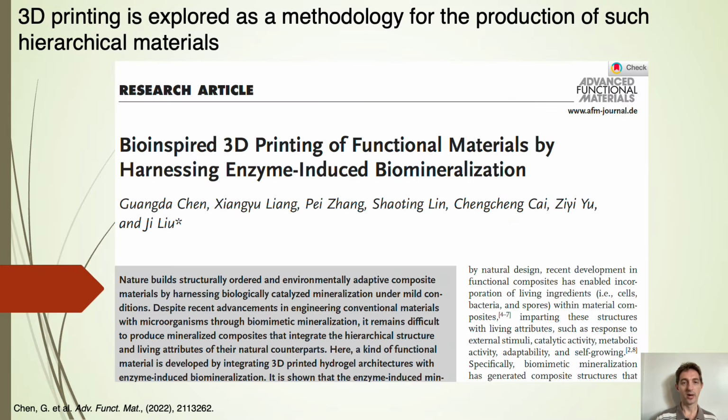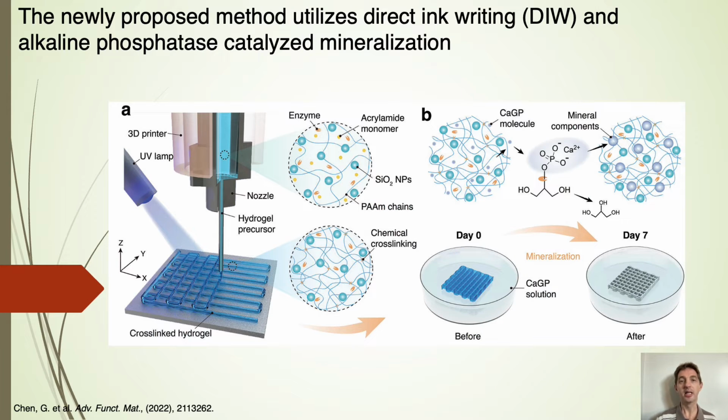And one such system is described in this recently published article from the Advanced Functional Materials journal that looks at the possibilities of using 3D printing together with enzyme-induced biomineralization in producing hierarchical biomimetic materials. In this work, the authors use two different 3D printing techniques. In the first approximation, they use a technique called direct ink writing, where an ink made from